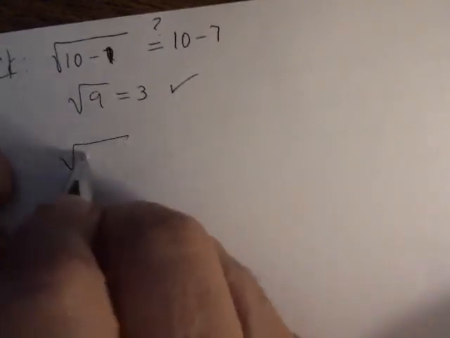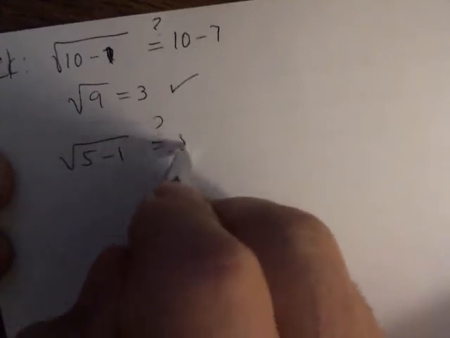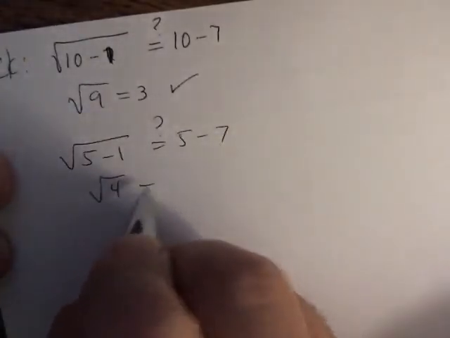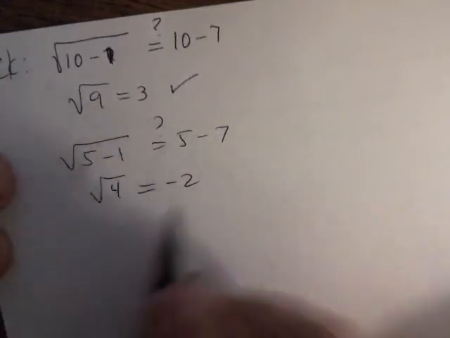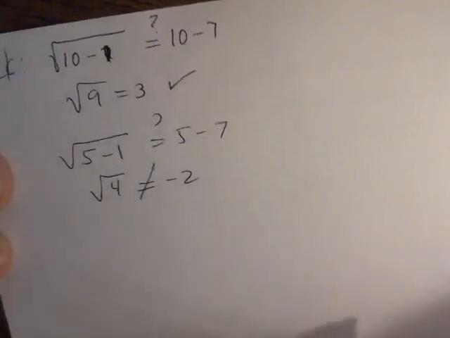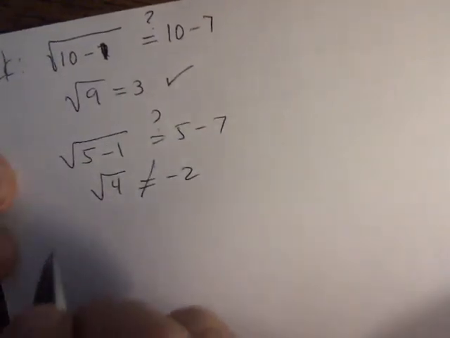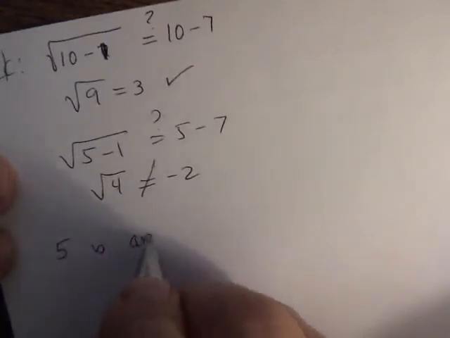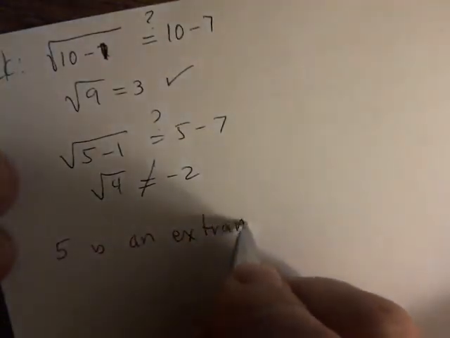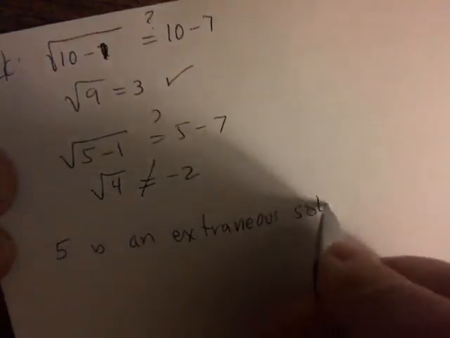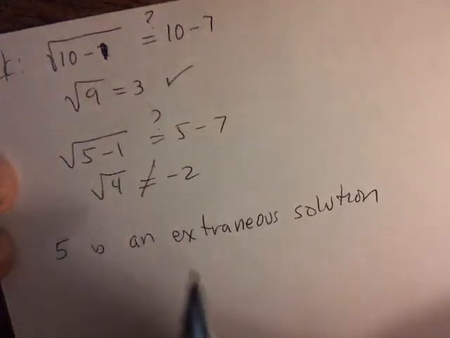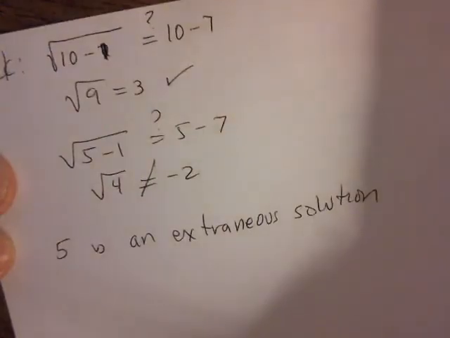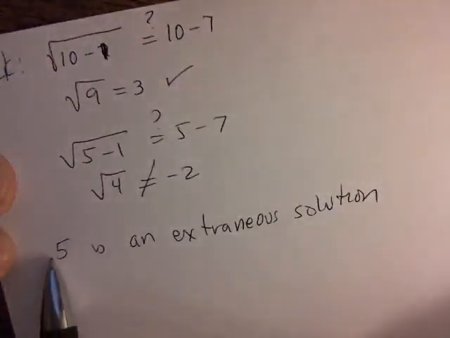Now let me check x equals 5. That's a problem, okay, because the square root of 4 does not equal negative 2. The square root of 4 is positive 2. So therefore, what we call 5, it's called an extraneous solution. And an extraneous solution means that in the process of solving this equation, we just happen to come up with this answer, but it's just not a correct answer. So the only solution